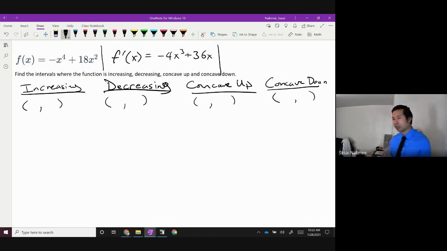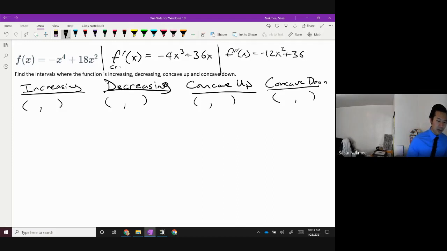If you're asked to find increasing, decreasing, and you don't know what to do, take a derivative, guys. That's the first thing we're going to start with. And if you're asked for concave up and concave down, we look at the second derivative, and I would have gotten -12x^2 + 36. The critical values, or critical points, you should have gotten